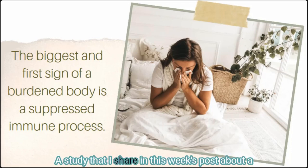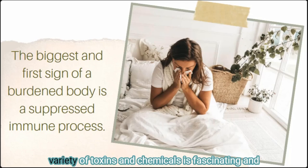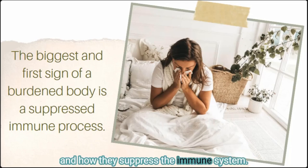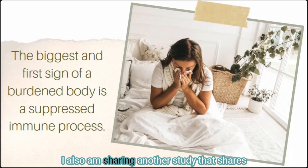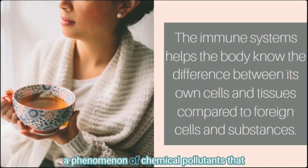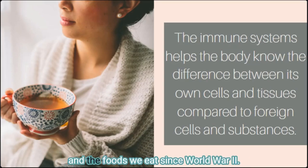A study that I share in this week's post about a variety of toxins and chemicals is fascinating and extremely in-depth regarding the toxicity of chemicals and how they suppress the immune system. I also am sharing another study that shares a phenomenon of chemical pollutants that have been accumulating in the environment and the foods we eat